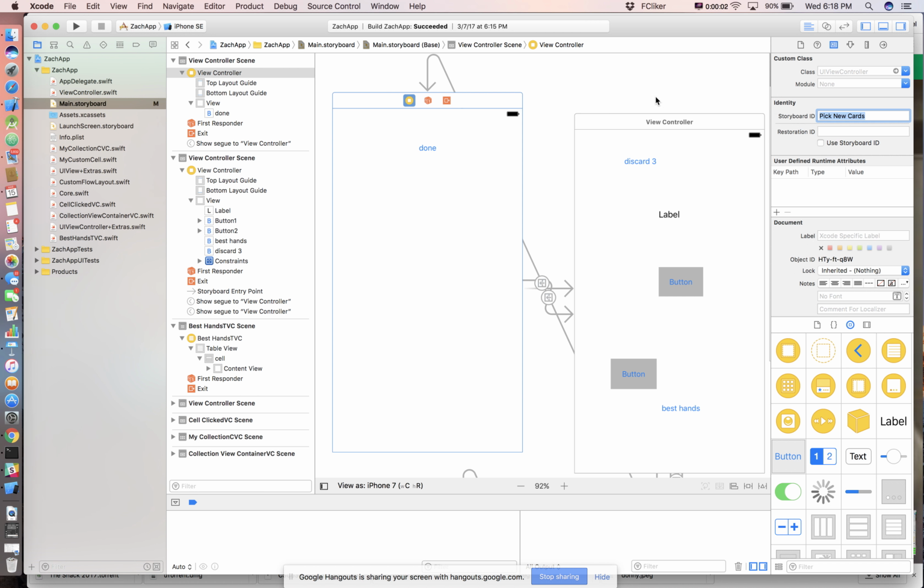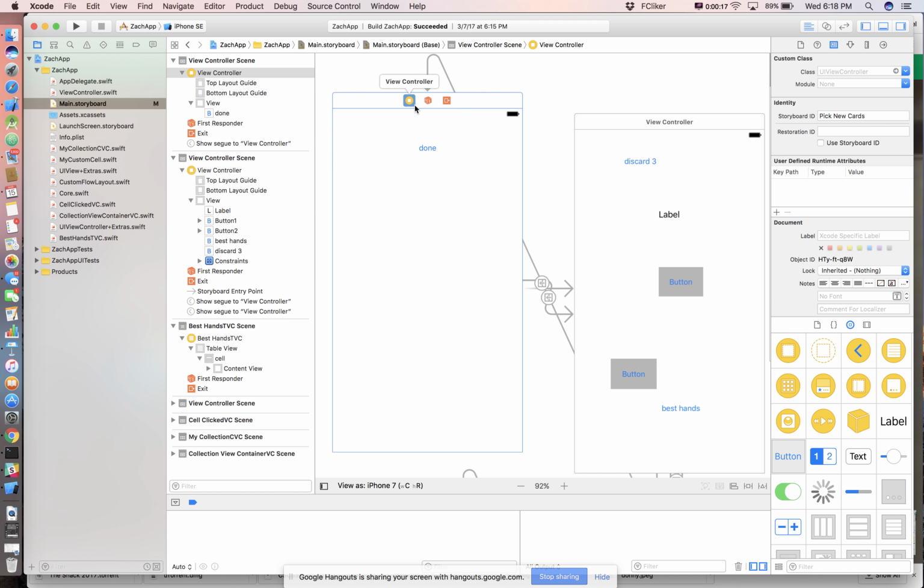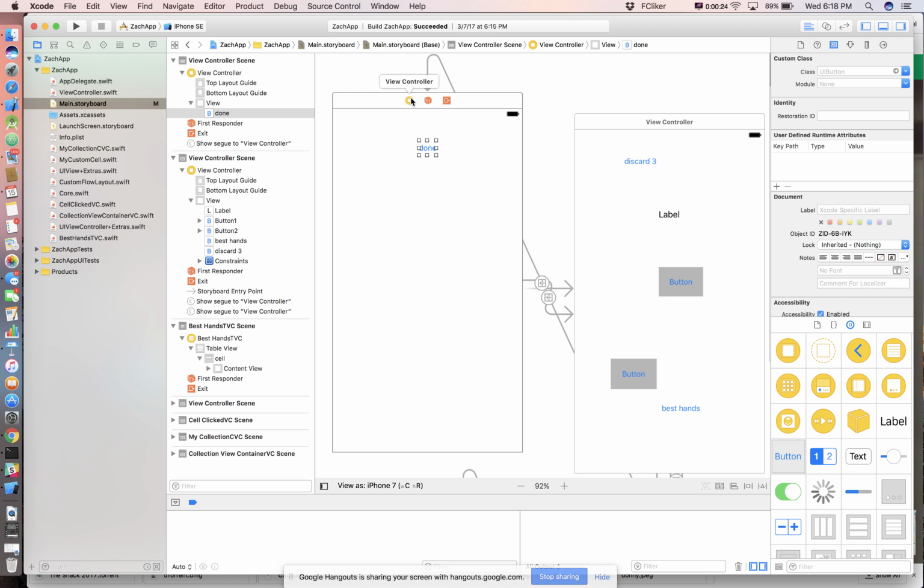Okay, so the storyboard ID here is called Pick New Cards, for example. And what I want to do is have an IB action associated with this discard button. That IB action is going to create an instance of this guy, and then this guy will pop up on the screen. When I hit this done button, what I actually want it to do